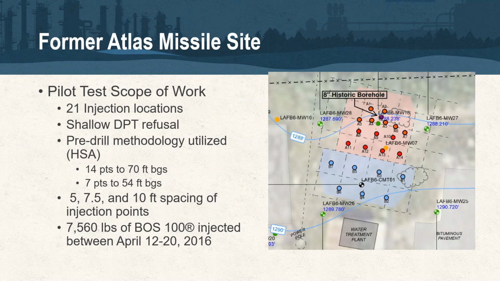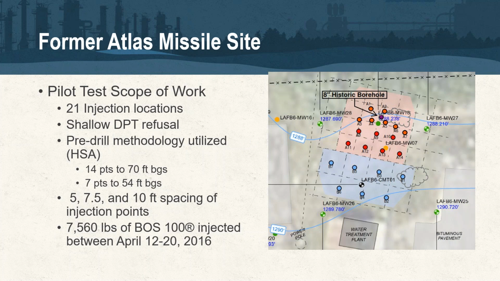So we ultimately went with 21 injection points out on the site, and I already discussed the need to use the pre-drill methodology using hollow stem augers. So we had 14 of these injection points that were advanced to 70 feet BGS and 7 to 54, and we ended up using different spacings out on the site, mainly based on the concentrations that were observed during the RDC. And about 7,500 pounds of BOST 100 was applied back in